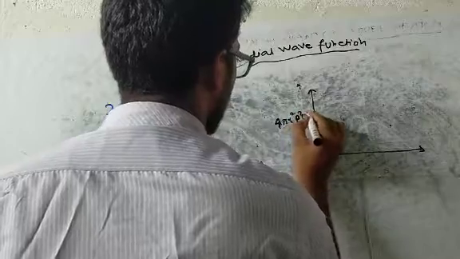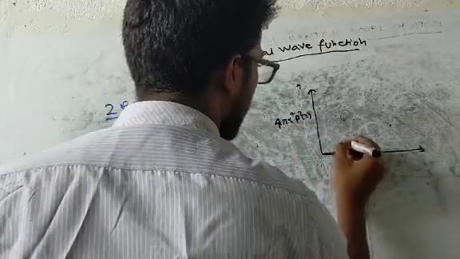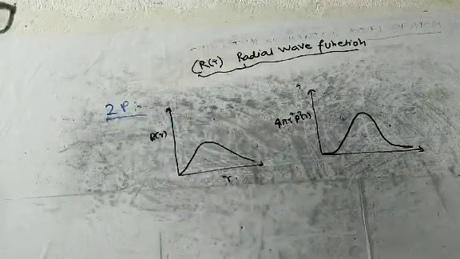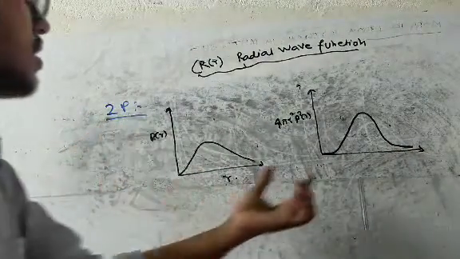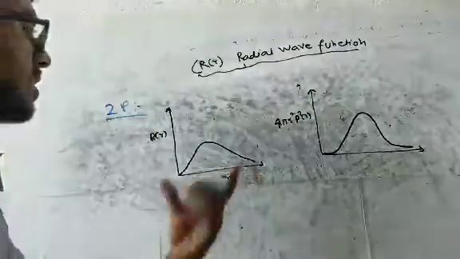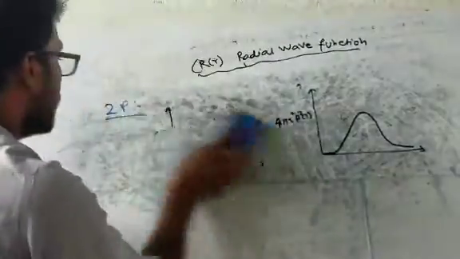It will also start from the origin, but now the graph will be a little bit steeper. Okay, so as for the 2p orbital there is no node, so this graph will never touch the y-axis, and this graph will also never touch the y-axis. Okay, now